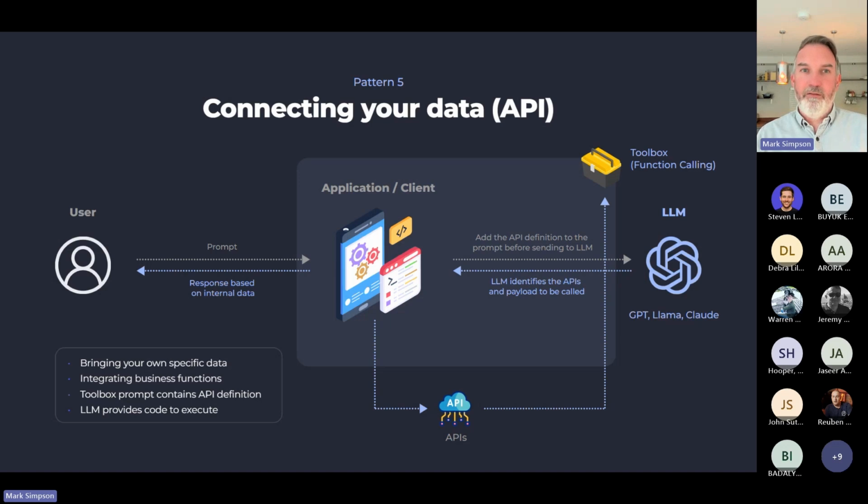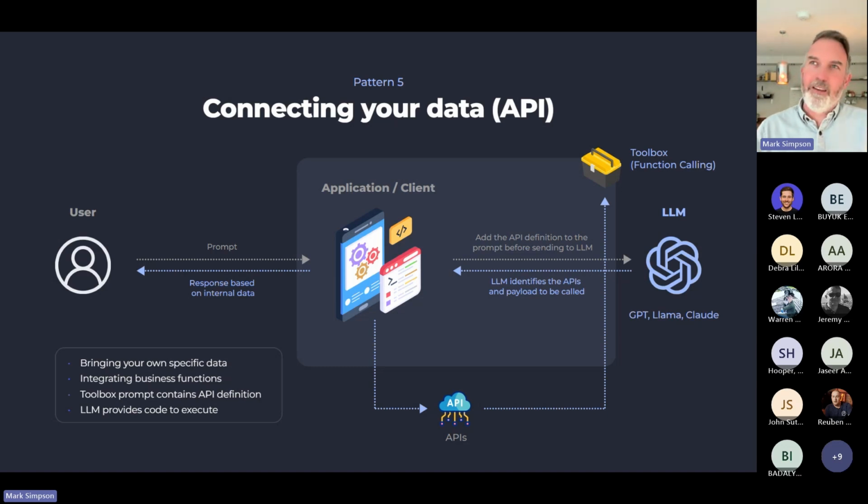Now, this works really, really smoothly. You pass the prompt in, you reference the API definitions, and the LLM can now in its response say, I advise you call this API with these inputs, maybe even with this code snippet, ever so powerful, to get the actual data. Of course, we're not going to pass that code snippet back to the user. We're going to wrap that LLM and say, before we pass it back to the user, let's substitute in that response the advice to call the API with an actual call to that API. But that's going to be from our environment with our security in place to make sure that's absolutely secure.